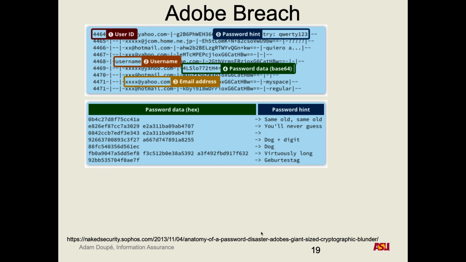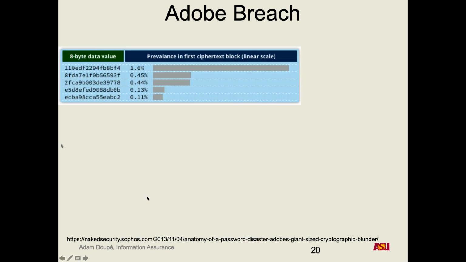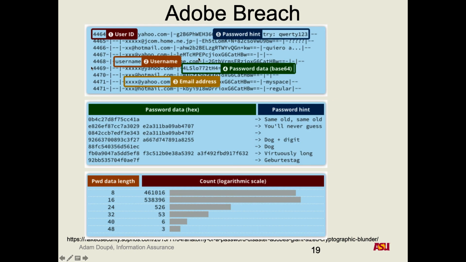And so people looked at this and actually tried to figure out what this password data was, because it clearly wasn't a hash, because the password data got longer and longer. It wasn't all a fixed size. We know it's a hash if it's all fixed size. So here, by using the password hint, they were able to reverse engineer what the algorithm was. They looked at the different password lengths and figured out that essentially they were not hashing the passwords, they were encrypting the passwords. So this was passwords encrypted with either AES or DES or something like that.